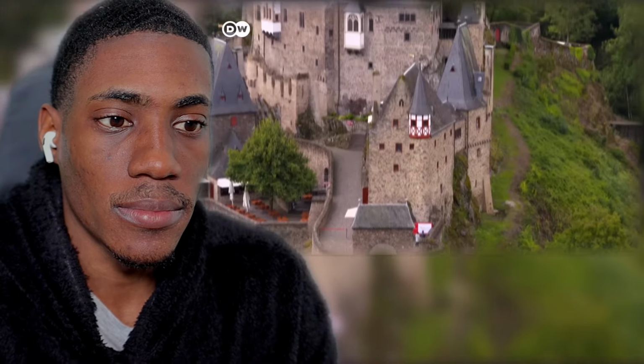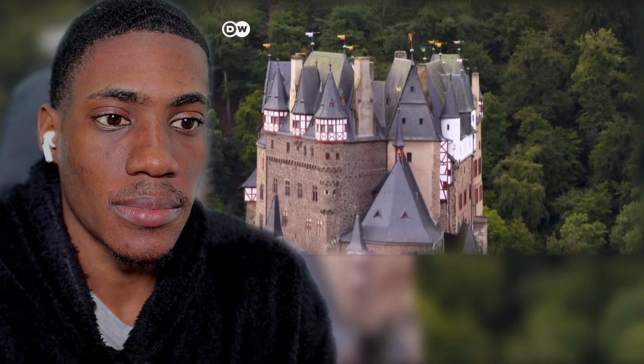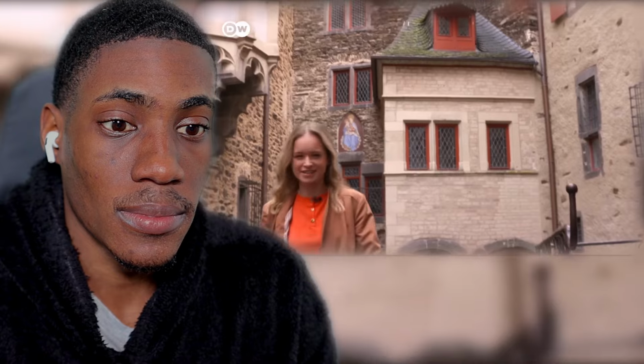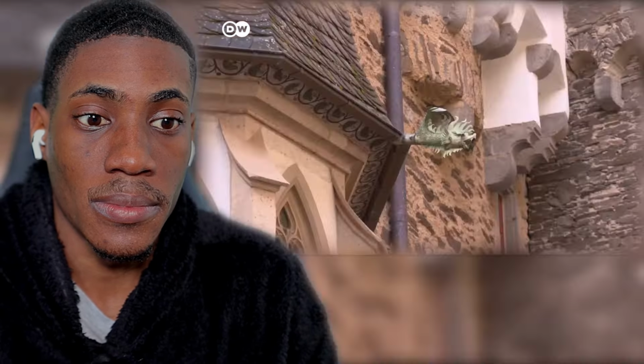I've finally made it. What an entrance. Well, at first glance, it certainly seems quite impressive, doesn't it? Burg Eltz was built in the prime of medieval castle construction, between the 11th and 13th centuries, deliberately near the Mosel River, historically one of the most important trade routes in Germany. Nowadays, whilst it's obviously beautiful, I think living here could come with its challenges. The seclusion that protected it in the past might make modern life here more remote than most of us are used to. And these stone walls must be...